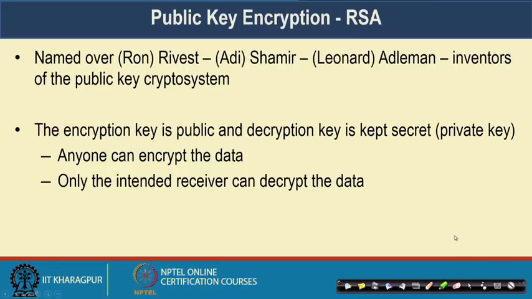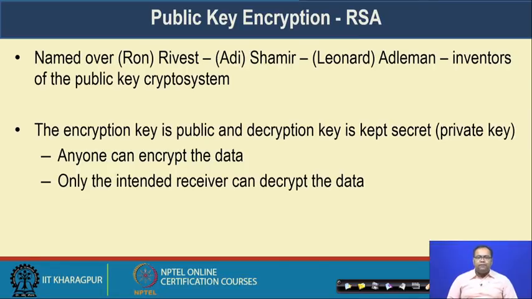Now, let us look into a public key encryption algorithm. Although this particular algorithm is not used in blockchain, or I will not say blockchain, rather in Bitcoin. In blockchain you can use any kind of public key encryption algorithm based on your design, but Bitcoin uses a separate public key encryption algorithm. We will use this particular RSA algorithm in our discussion, because it was one of the fundamental public key algorithms proposed initially by the inventors of this public key cryptography concept, and it is widely accepted in our community.